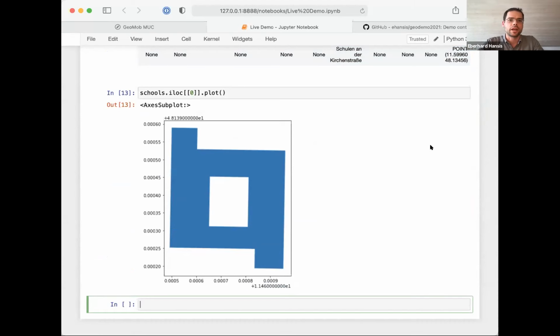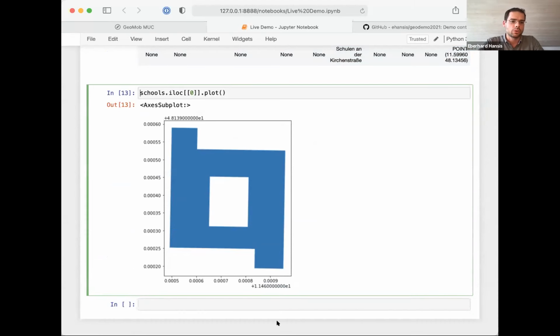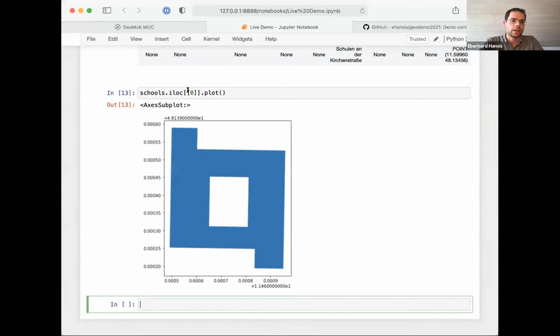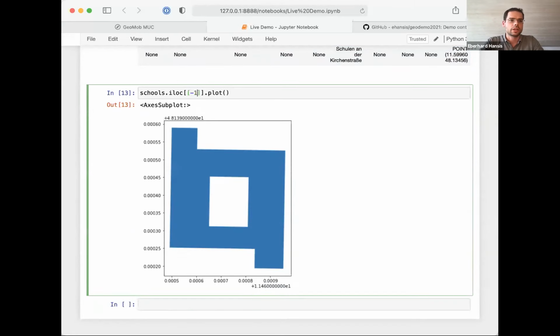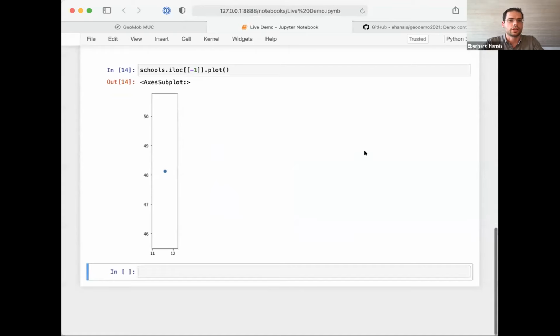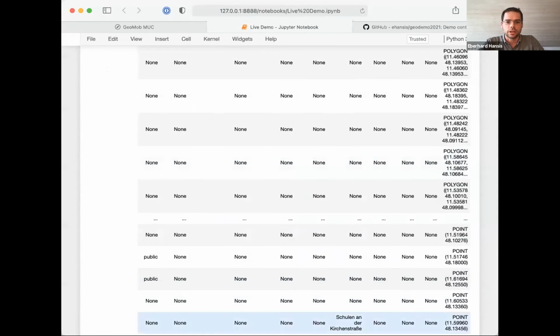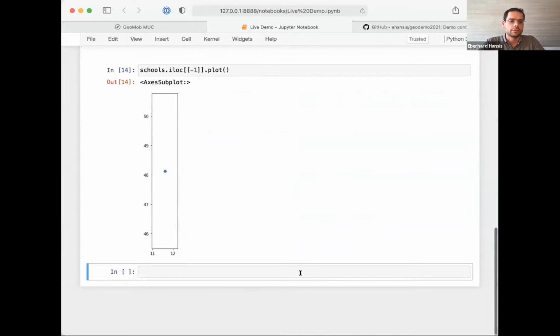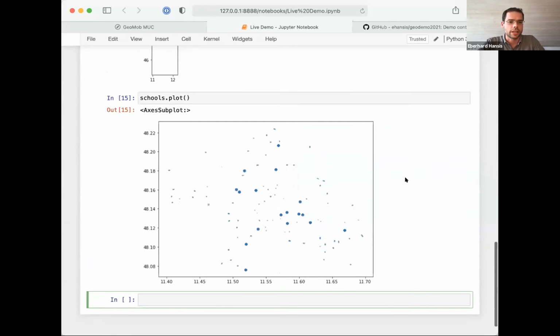So this is defined by a polygon. Some of these schools are also defined by just single points. So I get a point. You see also here in the geometry column, some are points, some are polygons. Let's look at the whole thing. This is what it looks like. That's all the primary schools in Munich, and the things that are round dots, they are single points,